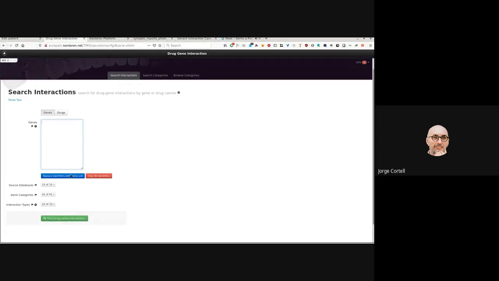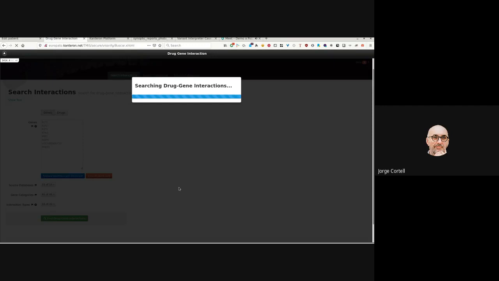So here what we do is we load a list of variants, the short list that we saw before, and we can select which database sources, which gene categories, interaction types we want to look at, or we can load medications that we're considering administering to the patient or we're giving to the patient, and then the system will look at many databases for those variants,